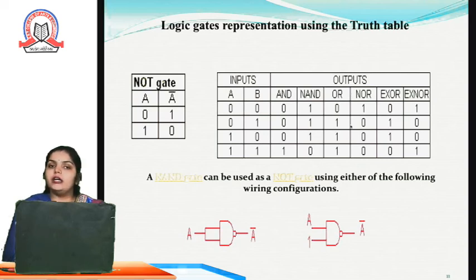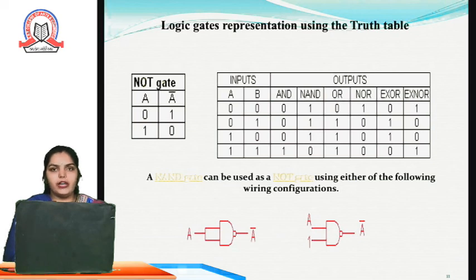In case of the OR gate, again, if both the inputs are low, you will get the low result. Otherwise, all the outputs will be high. And in case of the NOR gate, if both the inputs are low, you will get the high result, and the rest of all the results will be low. In case of the XOR gate, if both the inputs are different, meaning one is low and one is high, you will get high as a result. If both are the same, you will get low as a result.